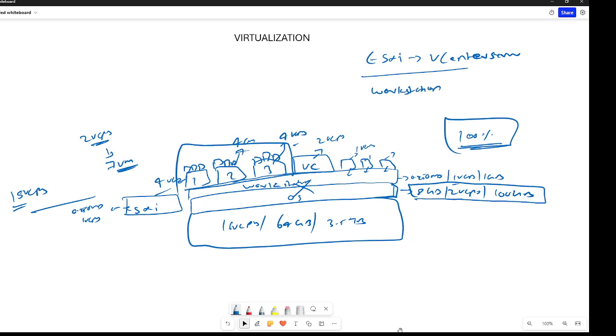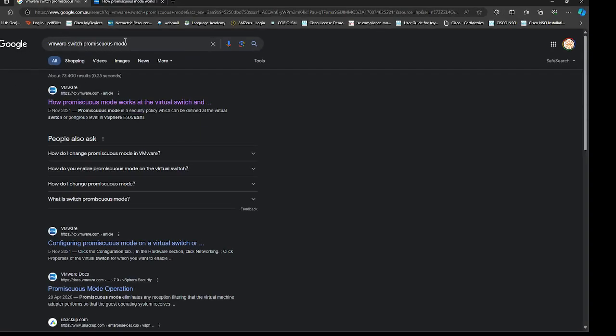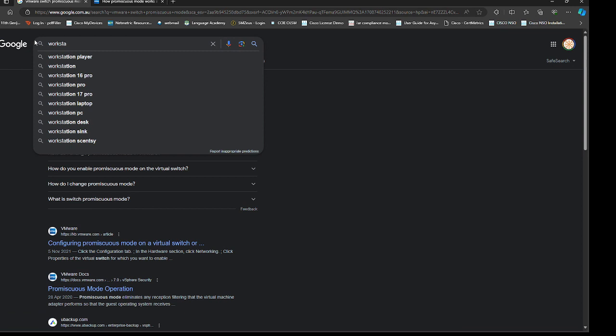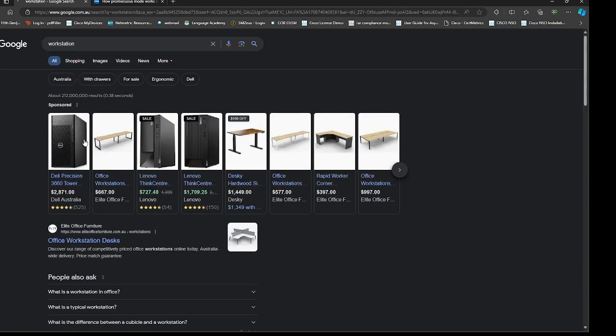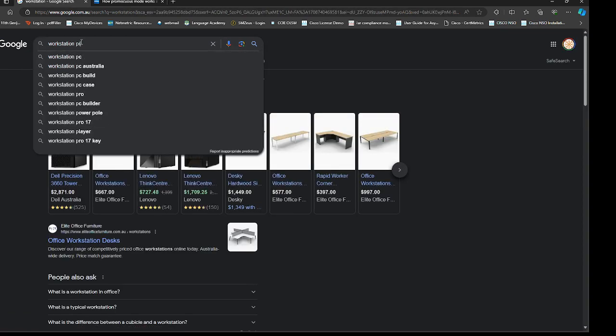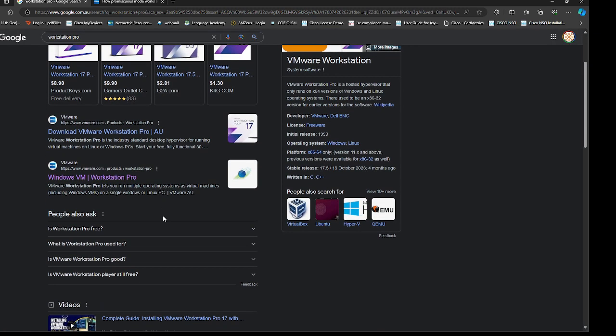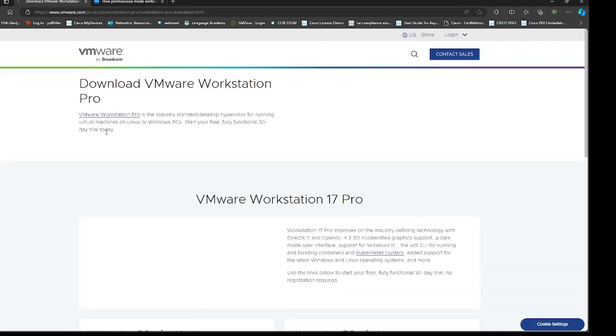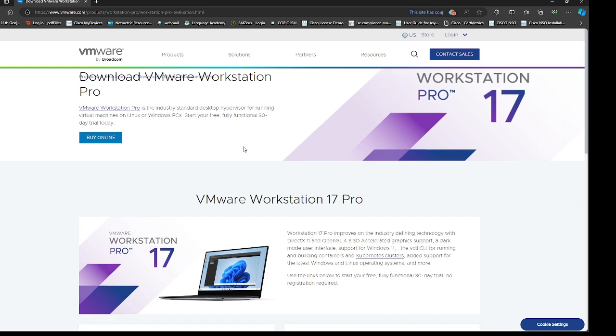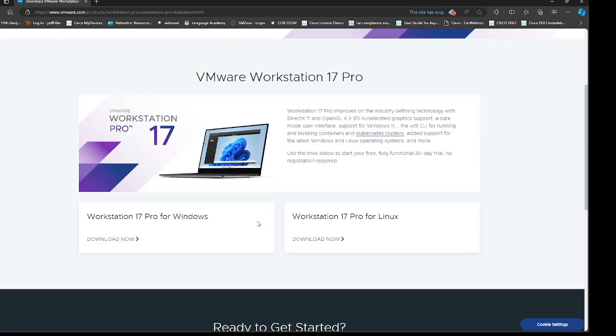Now, where do you get the software? You just simply go to Google and type in workstation. So, Workstation Pro. Now you see that download VMware Workstation. And this is where you can download for Windows or download for Linux.